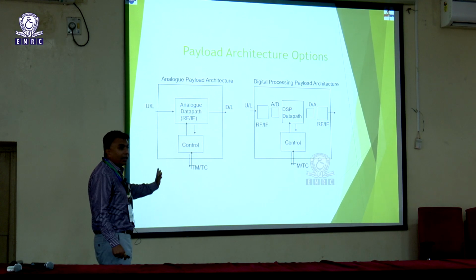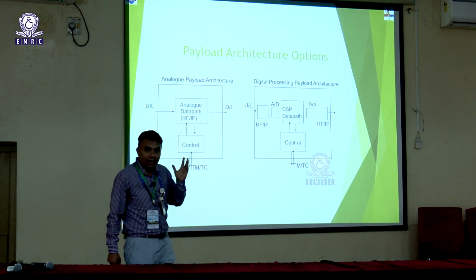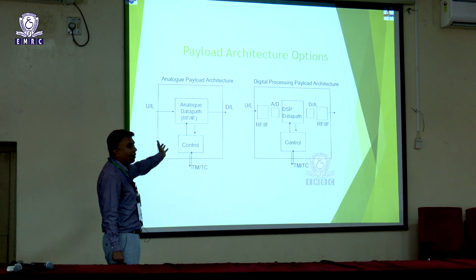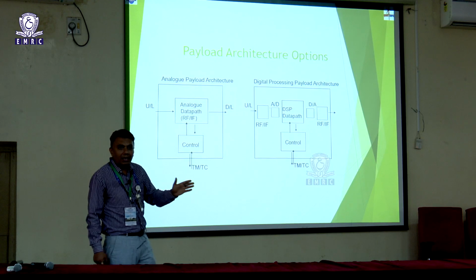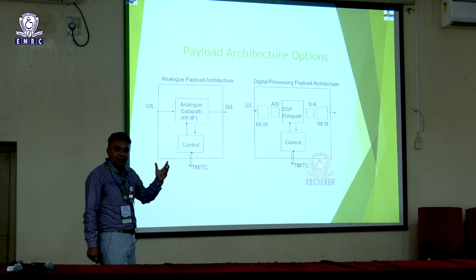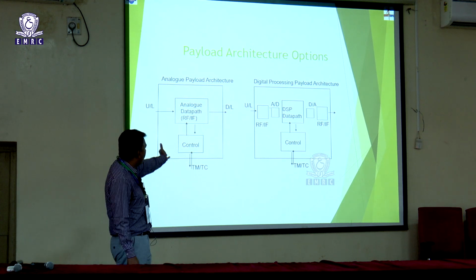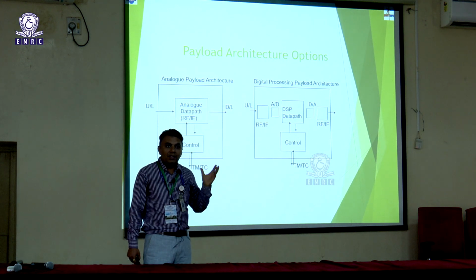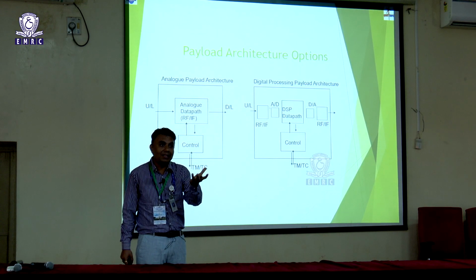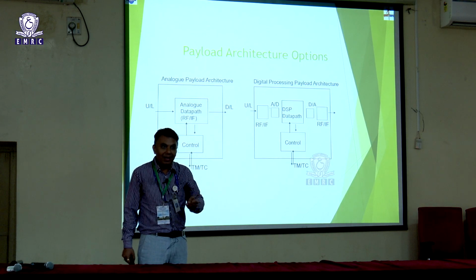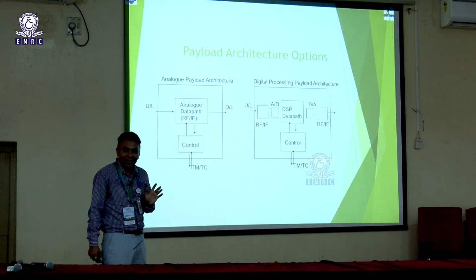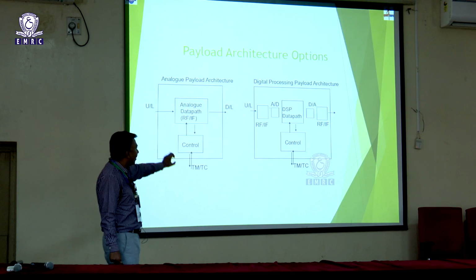If you see early days, once ISRO had just started in the 1960s, when Sarabhai started the Indian space program, we had a very analog architecture satellite design. Typically we have some uplink frequency, and then we just do the frequency translation onboard, and then we have a downlink frequency. And this type of scenario was there in the 80s, when Doordarshan came into the picture, where one channel is broadcast across India, and everybody has a Yagi antenna, and they can tune it to the satellite and see the Doordarshan channels. So that is the classical analog architecture.